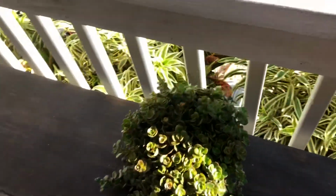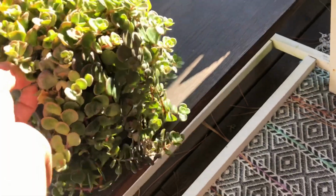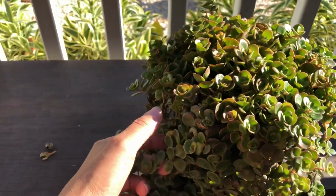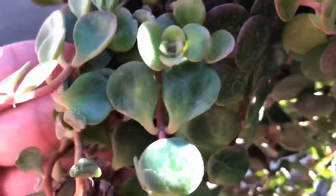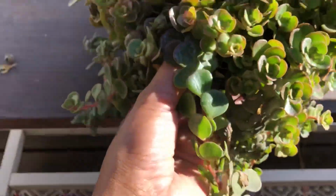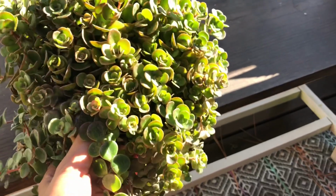Anyways, guys, now to the plants. Here is this plant that I purchased. I think she called it Chinese sedum. I believe it might have other names. Let's see if I can get a closer look at the leaves. You can see it has like hard water stains. But overall, it was really pretty, and it was getting lots of sun. No, they're gonna make noise. Oh, darn it. I'll have to just...